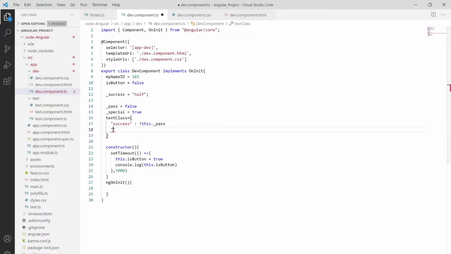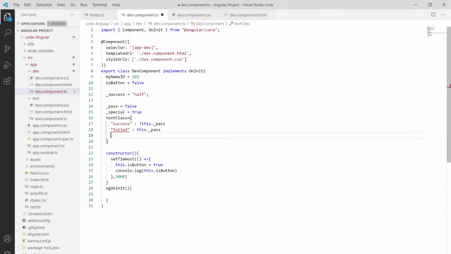Copy this and put failed over here to this dot underscore special, or you can choose whatever you want, since special is reserved for some kind of special thing. So I'm pushing underscore pass over here.